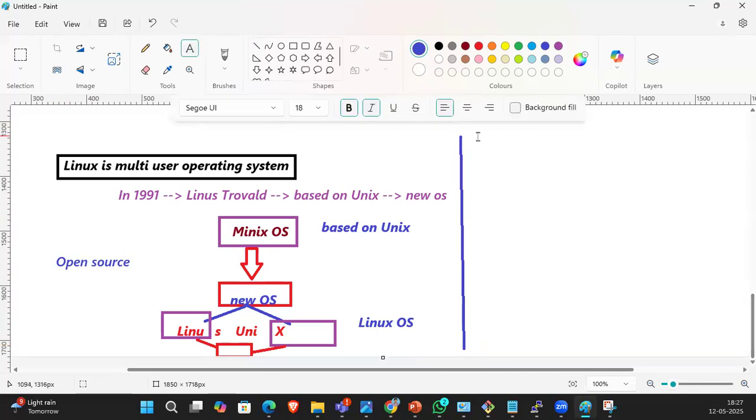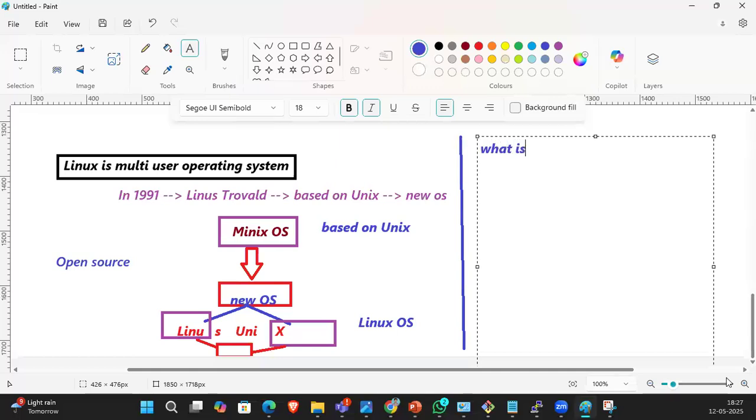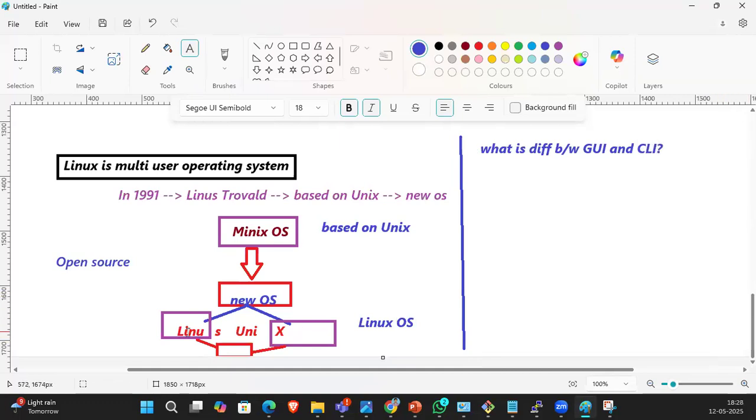Open source is nothing but free of cost, and source code also available.